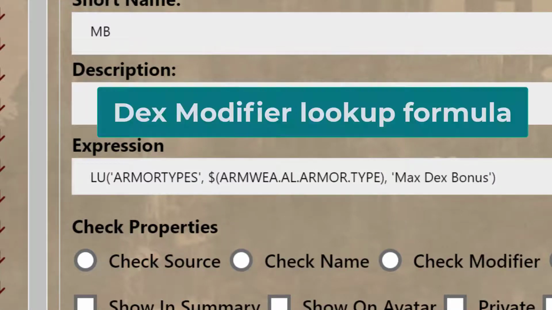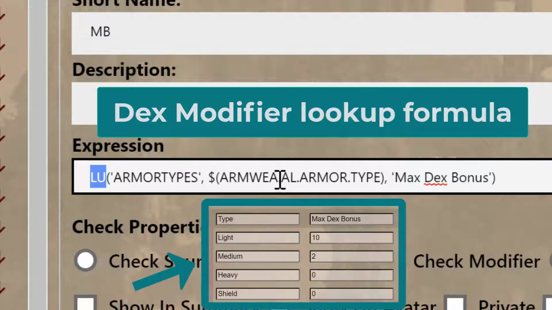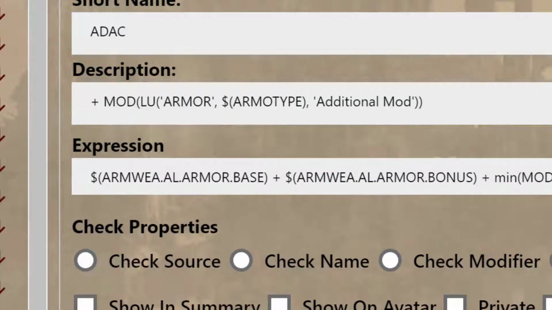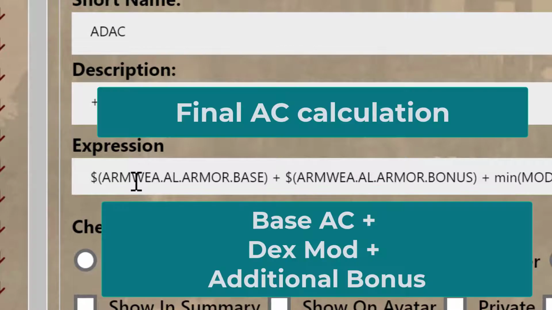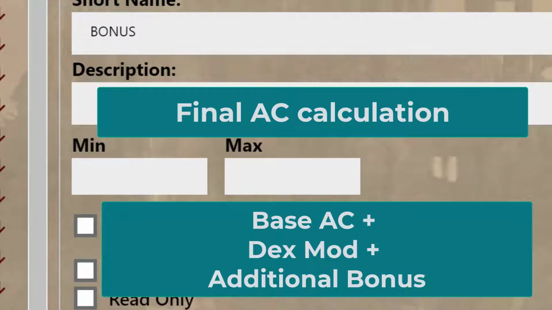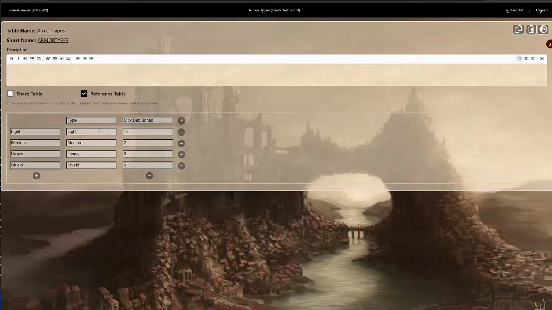Then you've got a max dex, and again, very similar. It's going to be doing a lookup. This time it's going to look in the armor types table, and based on the armor type that the player has selected, it's going to check the max dex bonus, and that will help it determine how much of a dex bonus you get with that armor. And then at the end, it's going to do adjusted armor, which is going to be taking into account both the max dex bonus and the base AC, and this other thing called additional bonus, which I'll talk about in just a second. So again, these formulas are going out to the armor type table